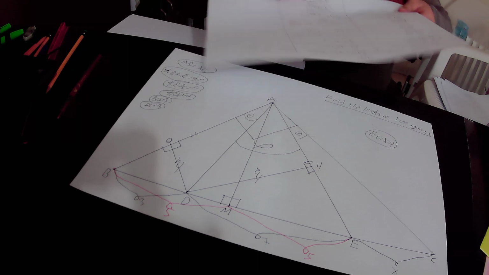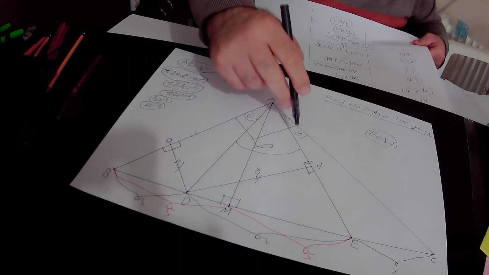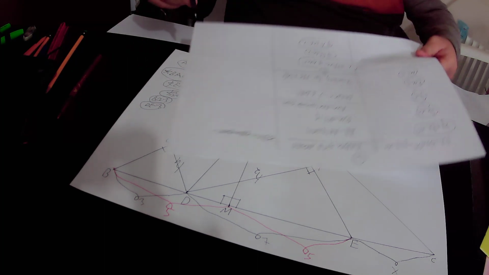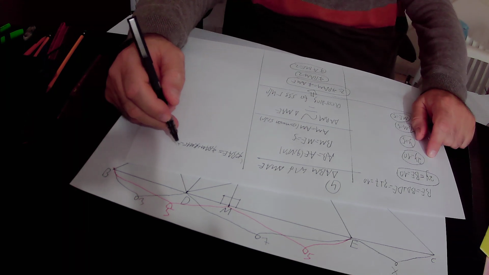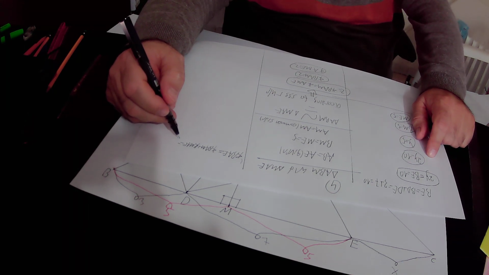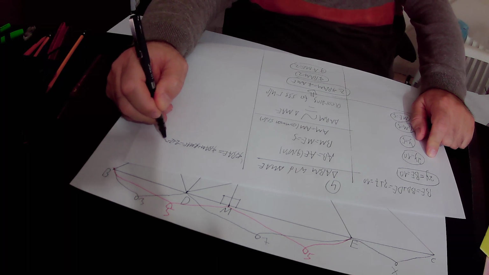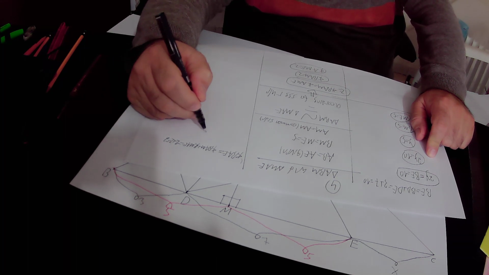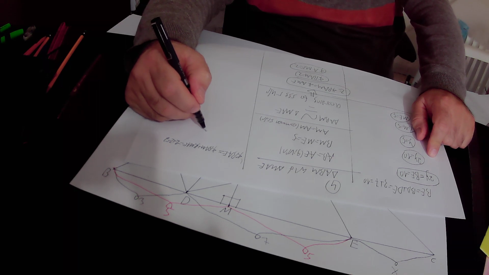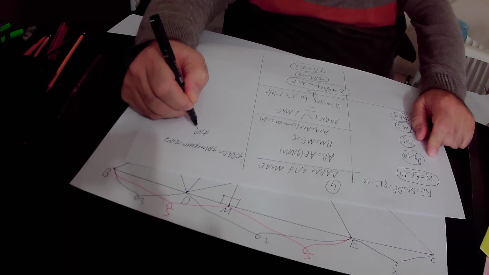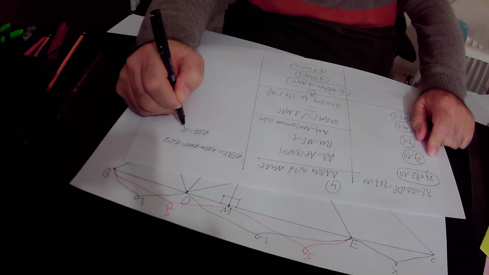Okay, angle BAE. This angle from one side is equal to angle BAM plus angle MAE, that is actually Z plus Z, that is 2Z. So from one side angle BAE is equal to 2Z,